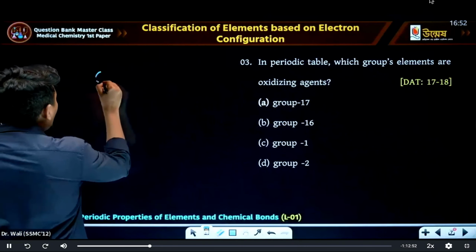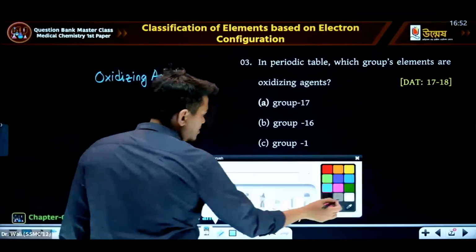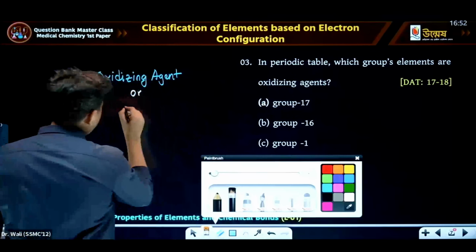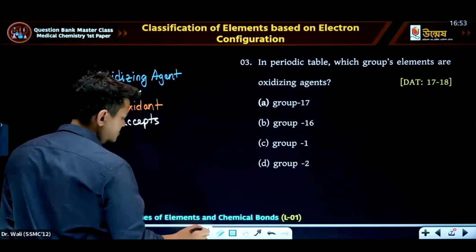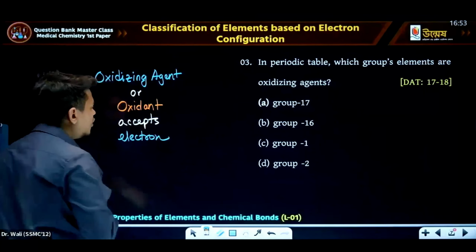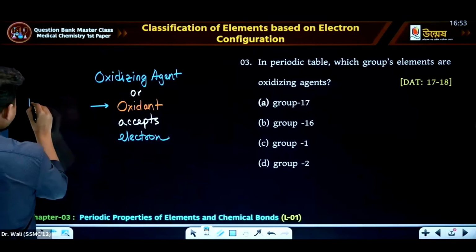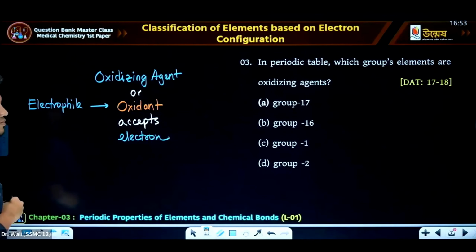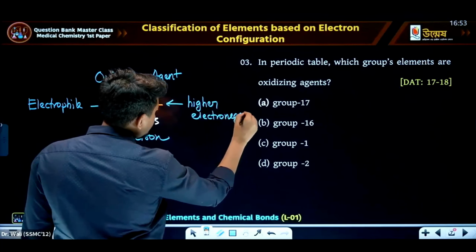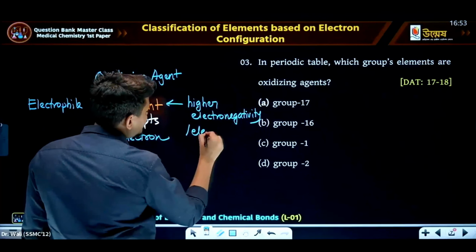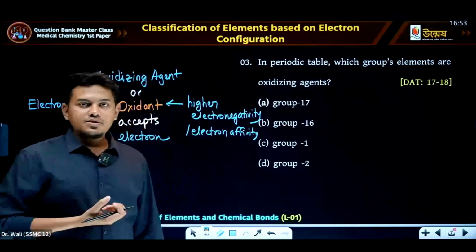As we know, an oxidizing agent, or oxidant. What does an oxidant do? They accept electrons. Oxidizing agents or oxidants accept electrons. Since they require electrons, they will be electrophiles, or they are elements of higher electronegativity or higher electron affinity. If some element possesses higher electronegativity or higher electron affinity, then they try to pull the electrons